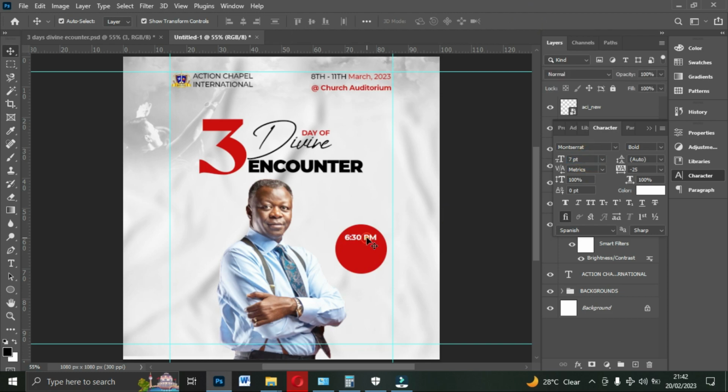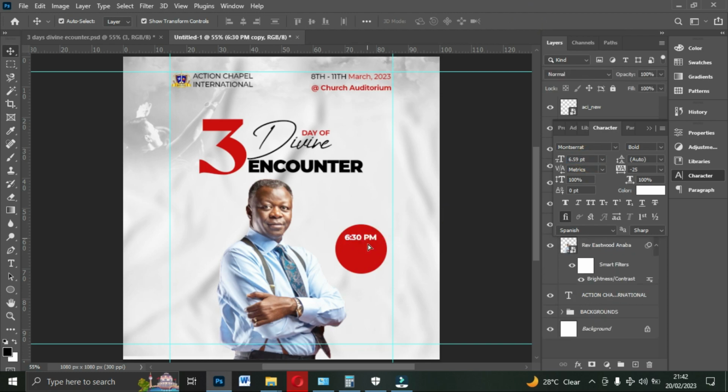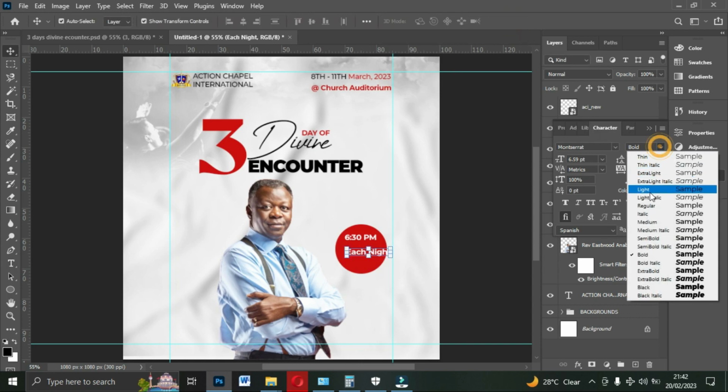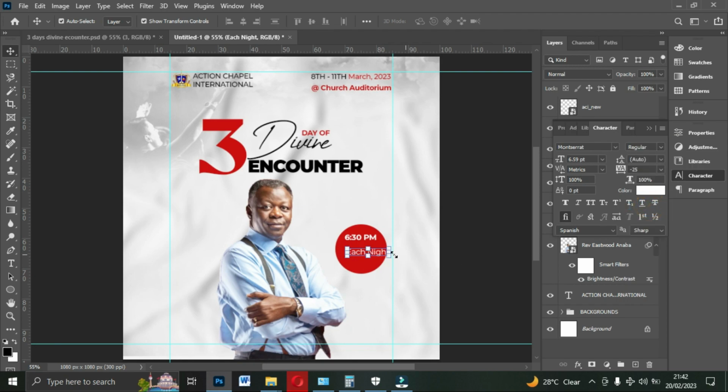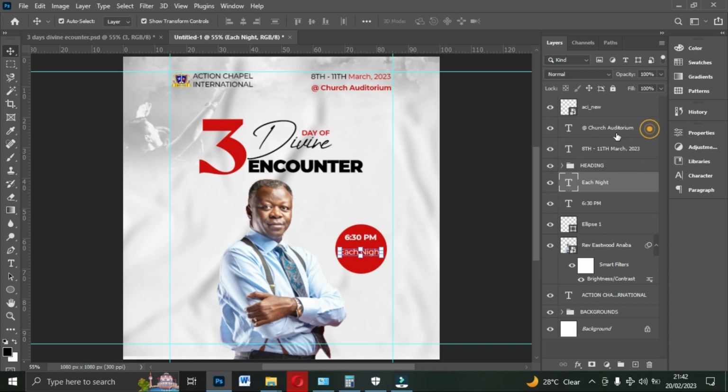Okay, and then copy this and write each night. Each night is going to be in regular. All right, good. Something like this should be fine. So I want to align everything here at the center, but I want to let the